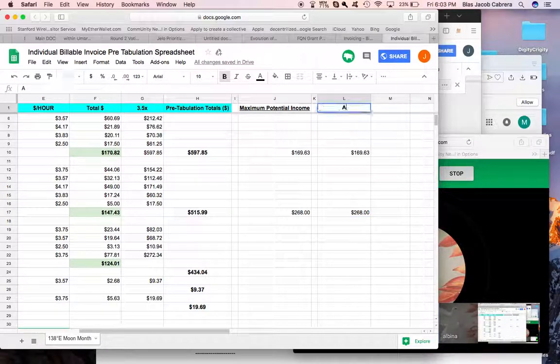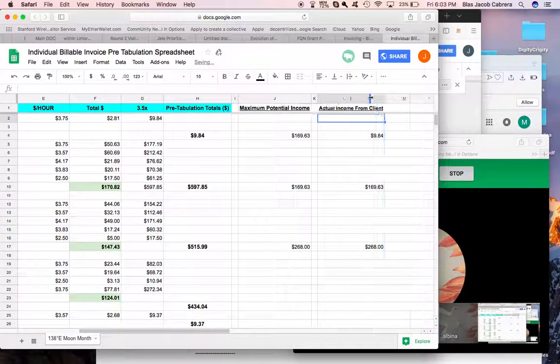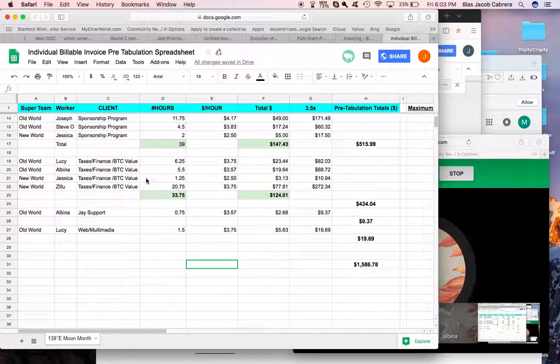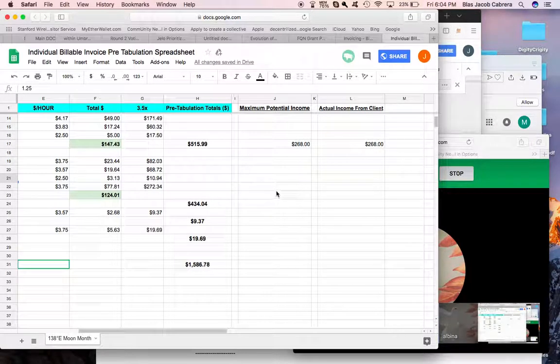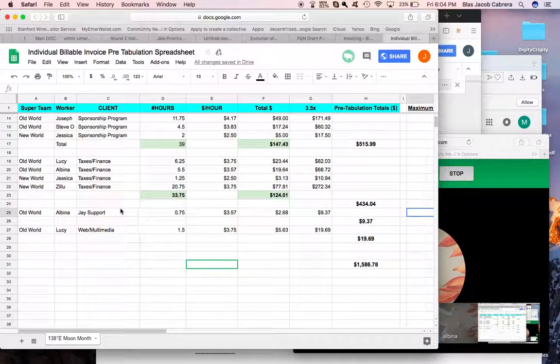And let's even simplify this. Actual income from client. Taxes, finances. I'm not sure what this Bitcoin value is. Let's just simplify this to taxes and finances. All right, so what about this one? What's the maximum potential income? 268. And then what would be the actual income from the client? 268. Okay, so J support